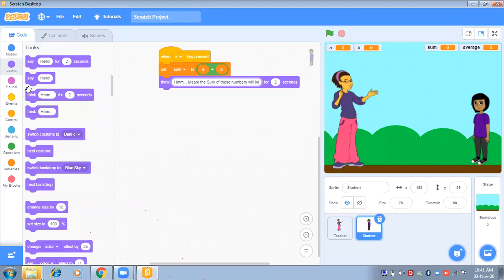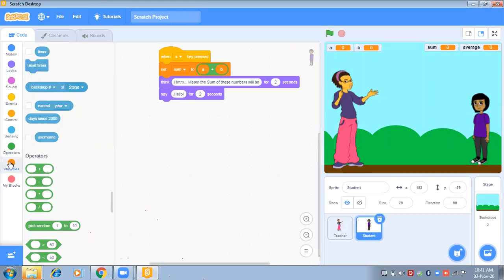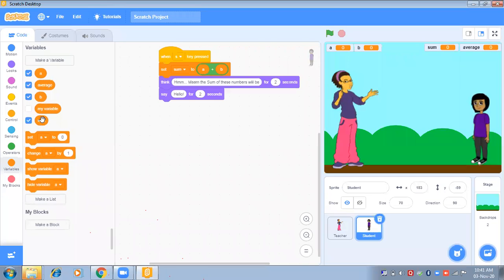Now you have to drag this say block. Instead of hello, we have to print the answer. So we will go to variables and drag sum. So the statement will be like this: Ma'am, the sum of these two numbers will be, and then the result will come here.